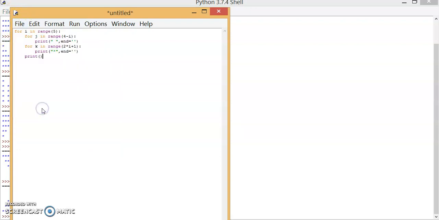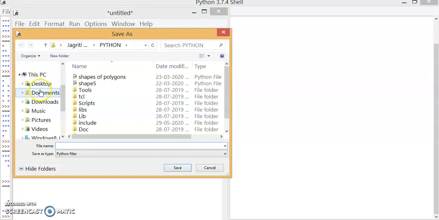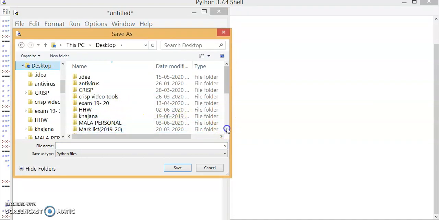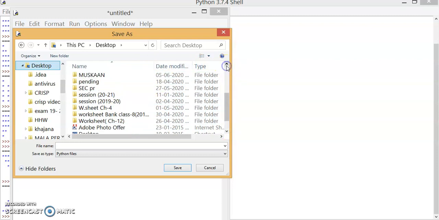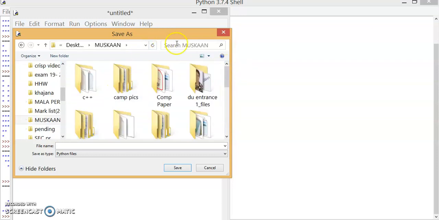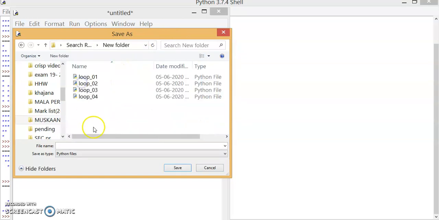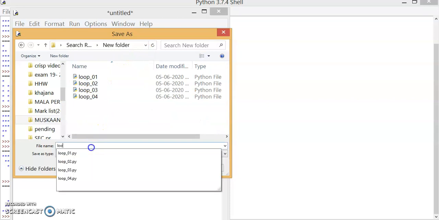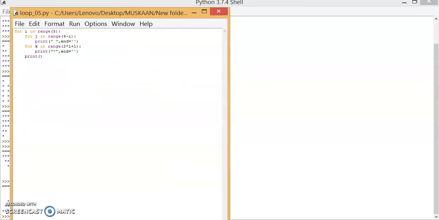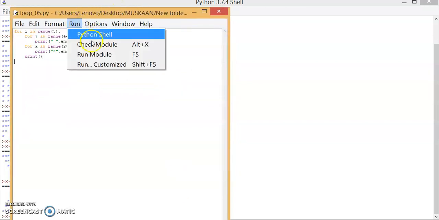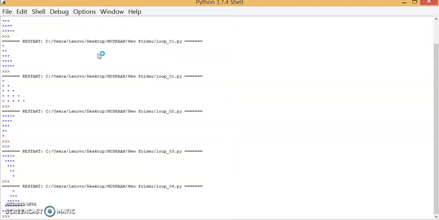I'm going to save that on my desktop under my folder. Okay, so now I have saved and I'm going to run it, run module, or you can press F5.